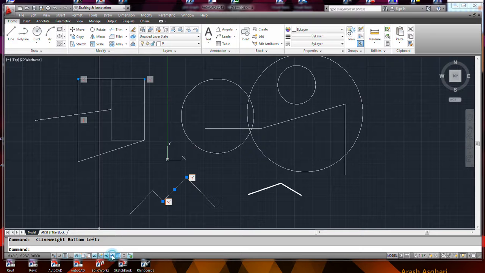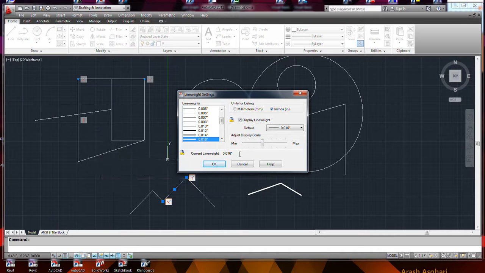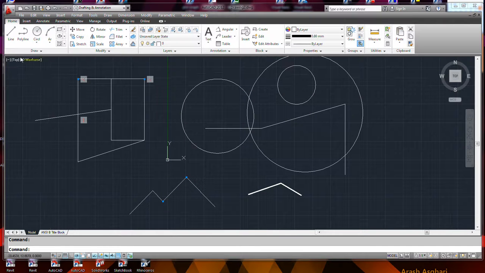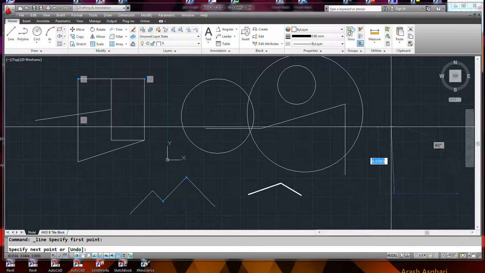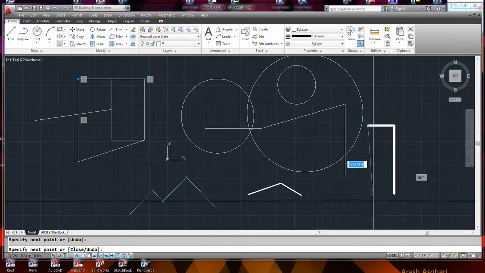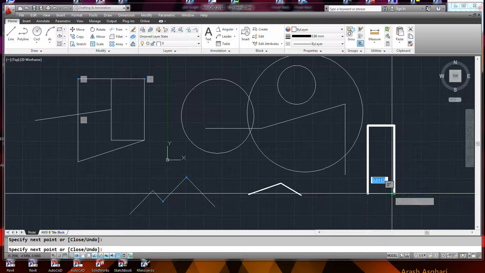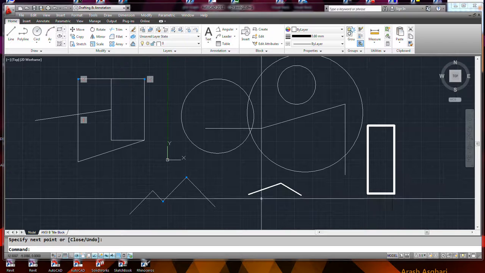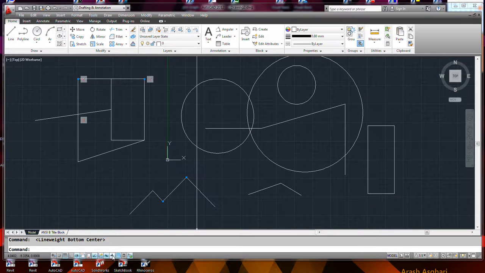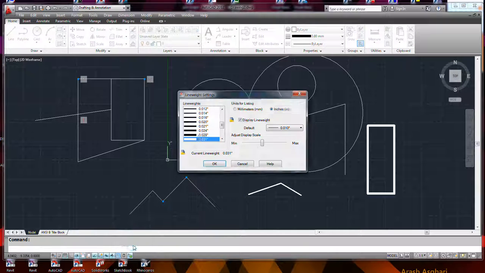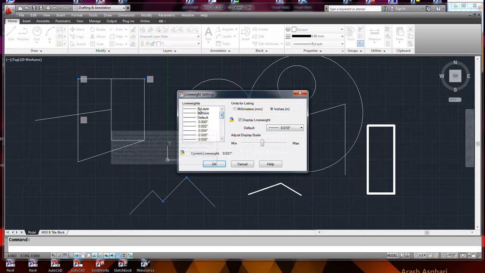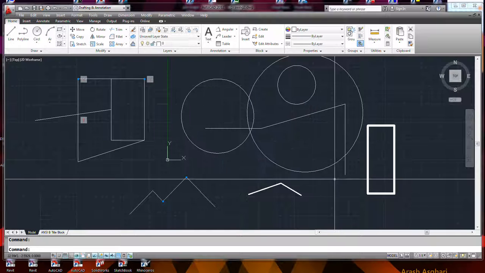This right here is kind of cool. This display line weights thing. So you can go into settings and actually set what line weight your next line's going to be in. So I'm going to go set it like that, and yeah, bingo, that's what I needed. But at any rate, you can just turn that display off if you want, or change the setting back to its default. So anyway,